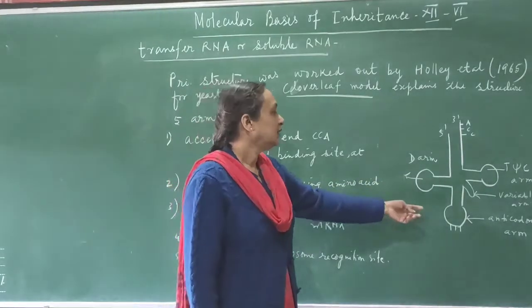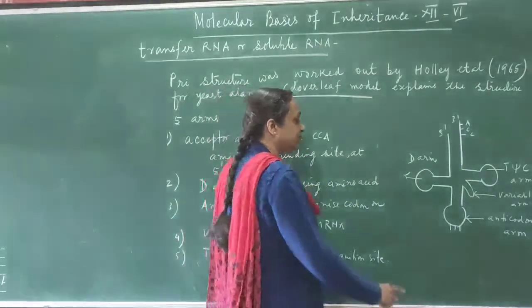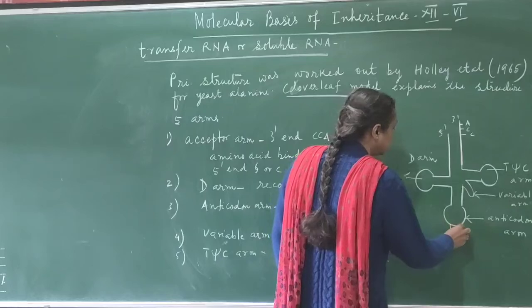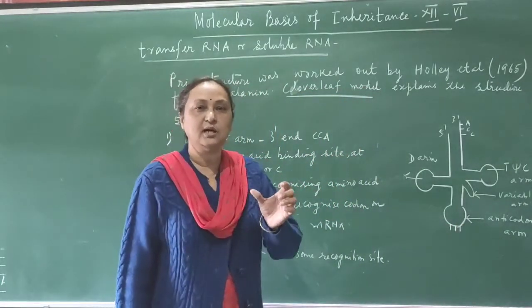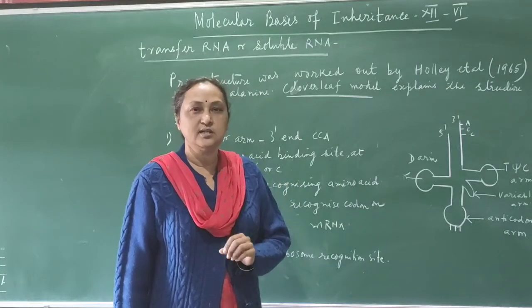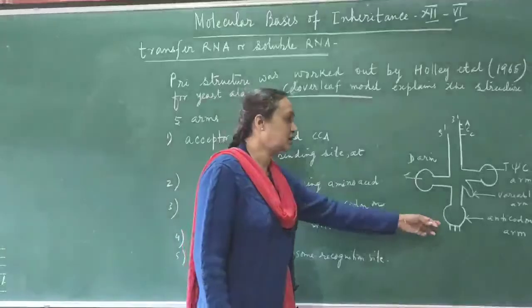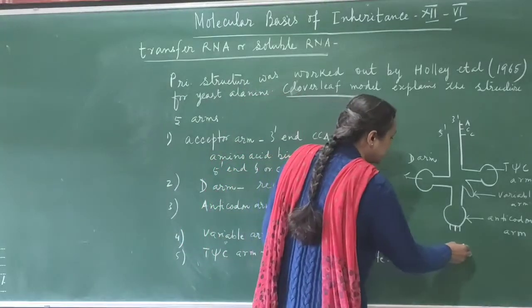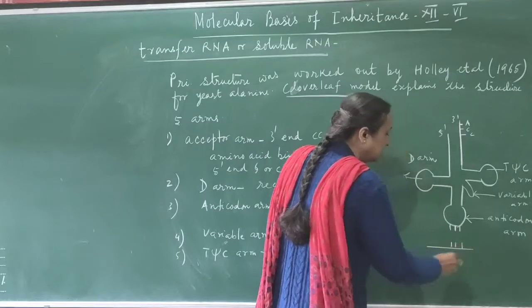Okay. Then this is called the anticodon arm. The anticodon arm has 3 nitrogenous bases. And 3 nitrogenous bases, as I told you, make 1 codon, for example, the initiation codon AUG. ठीक है. तो ये एंटीकोडन आर्म मैसेंजर RNA के कोडन को रिकॉग्नाइज करेगा,